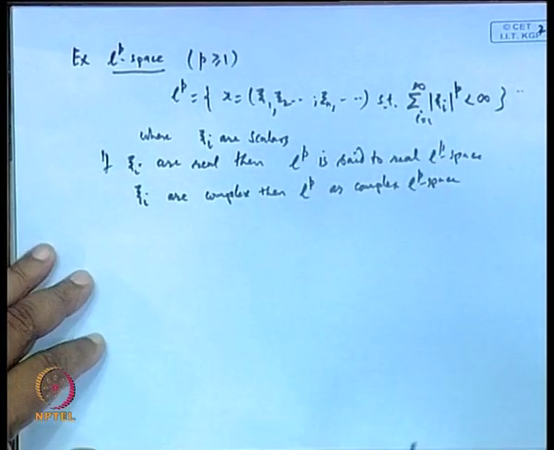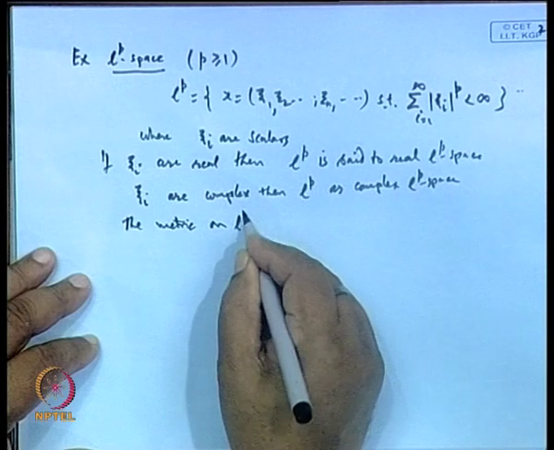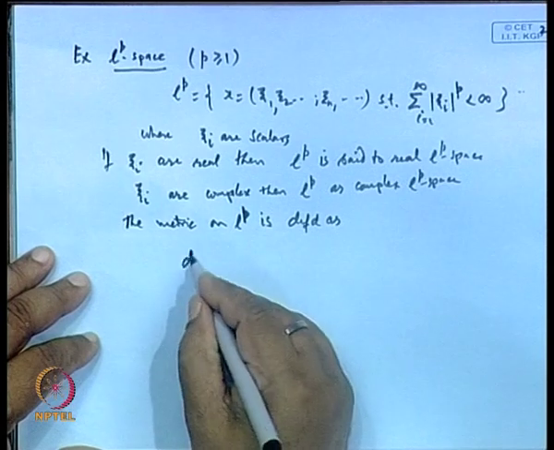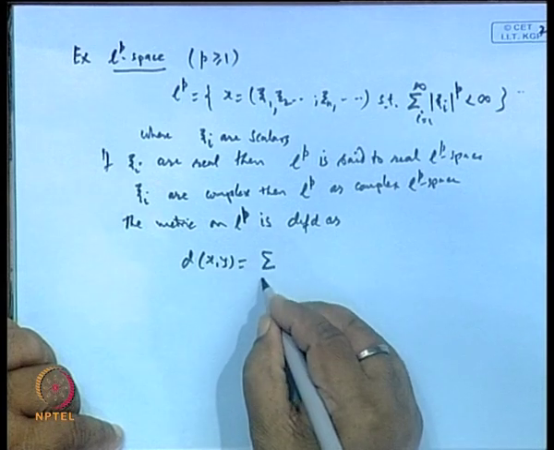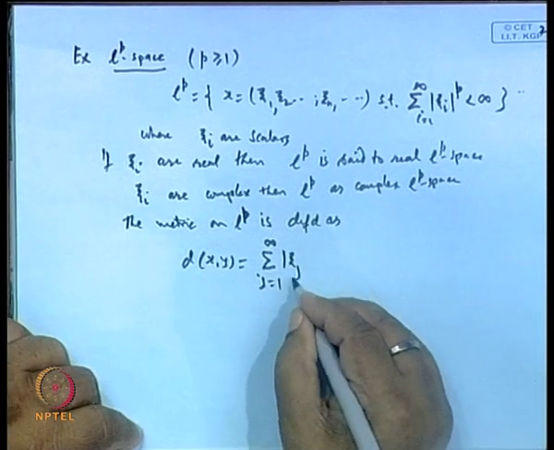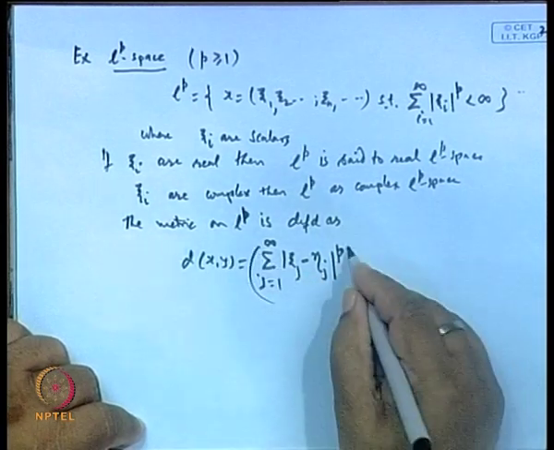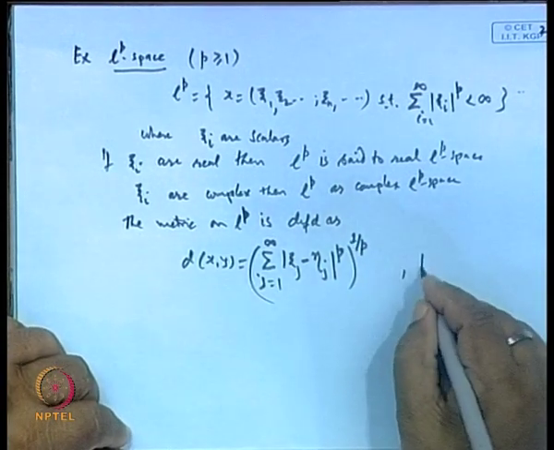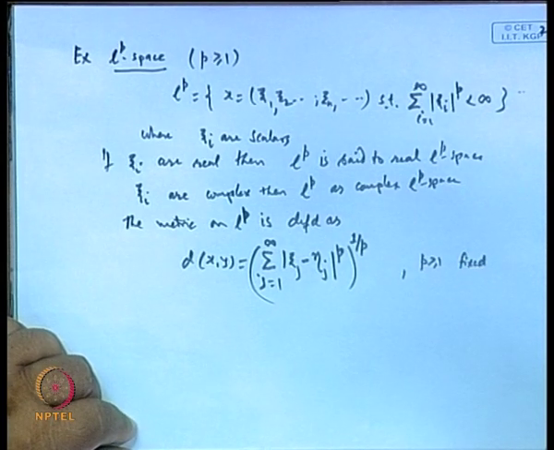Okay. So, we get this. The metric on LP is defined as d(x, y) = (sum over j equal to 1 to infinity of |ξj − ηj|^p)^(1/p), okay, where p greater than or equal to 1 is a fixed number. Now, the question is,